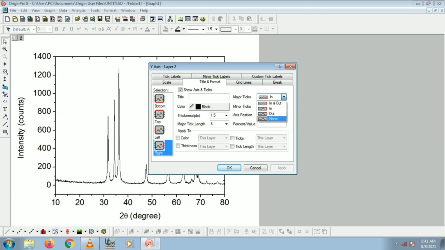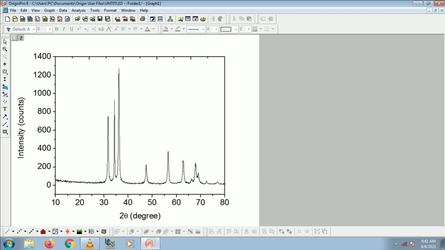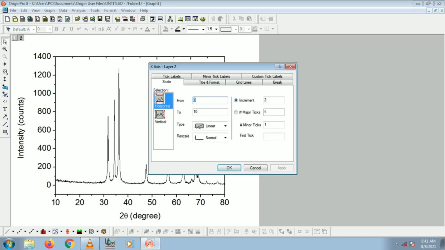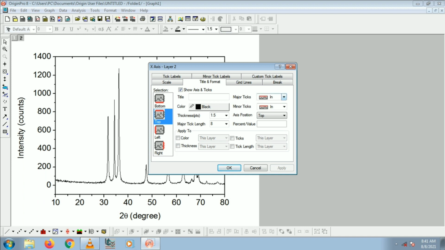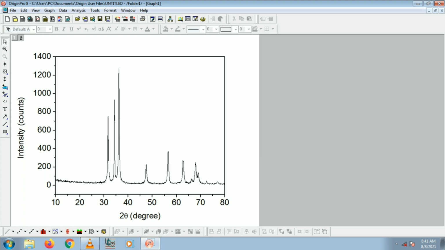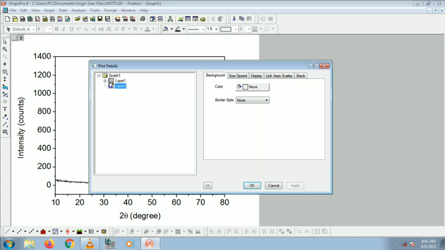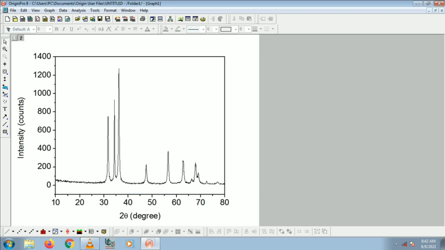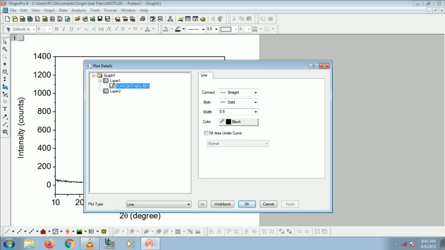Then the ticks in the layer need to be removed like this. By selecting none, you can remove the ticks in the layer. After adding the layer, we can change the line width as well as color by clicking on the line.